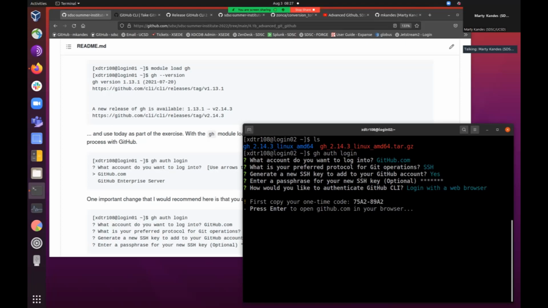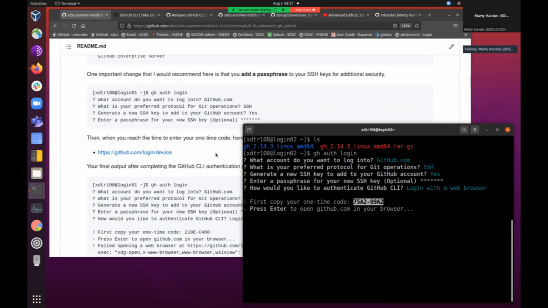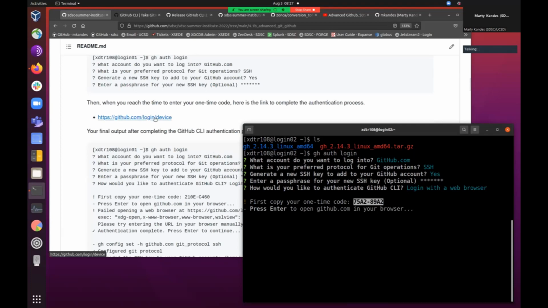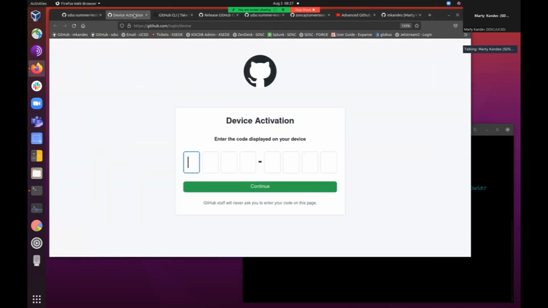Okay, and so it'll give you this one-time code. And I don't think you want to copy it, but what you want to do is go to this link here to log in from device and enter that activation code